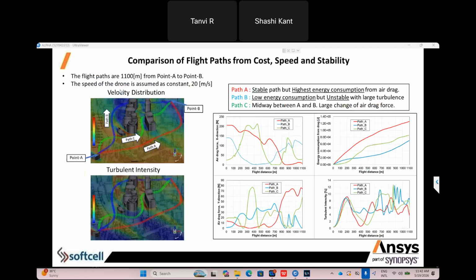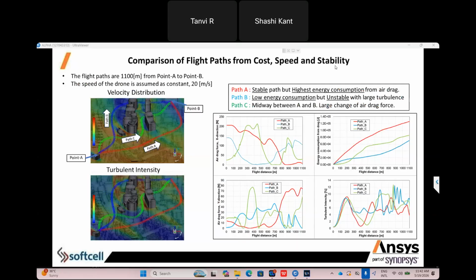So as I told you, this is an example. We have a different type. Wait, one second. Here you can see the different types of paths we considered, and we can see the efficiency of the eVTOL. In the first, path A, it is stable but has the highest energy consumption from air drag. Path B has low energy consumption but is unstable with large turbulence.